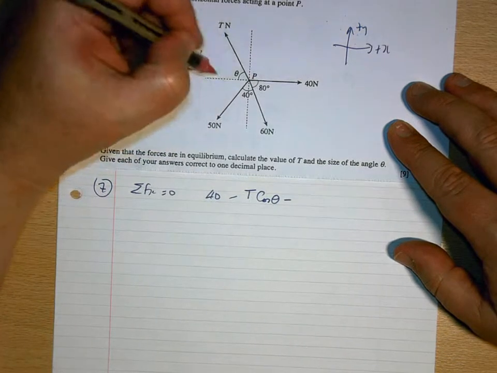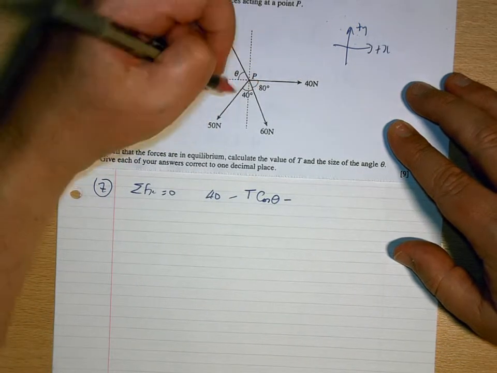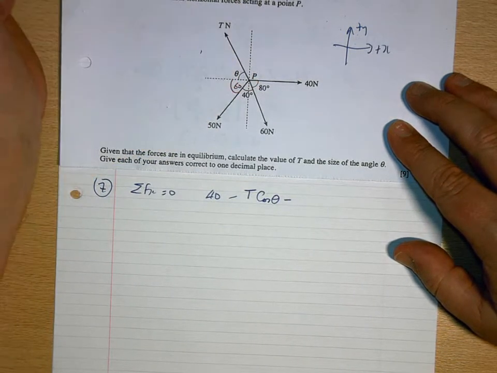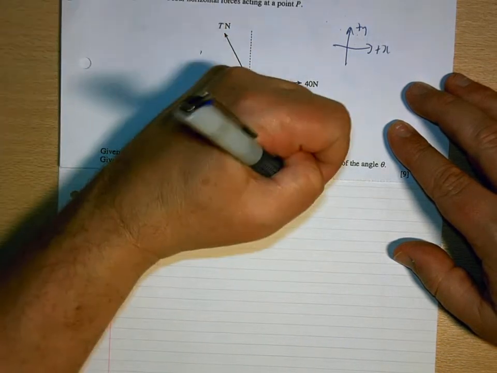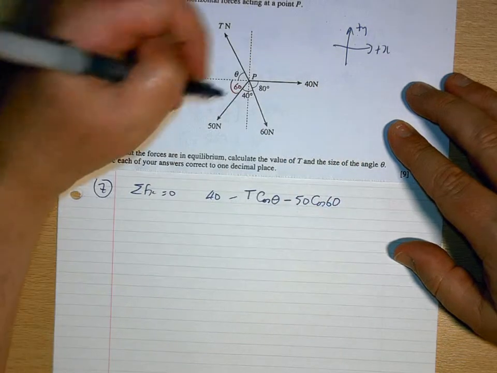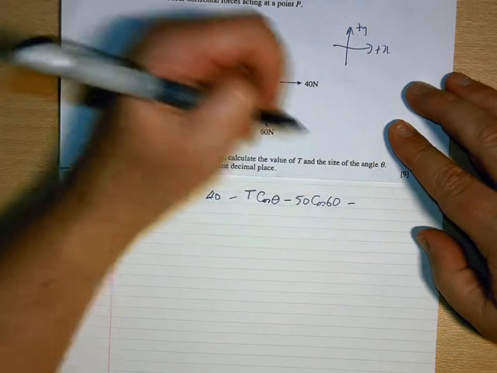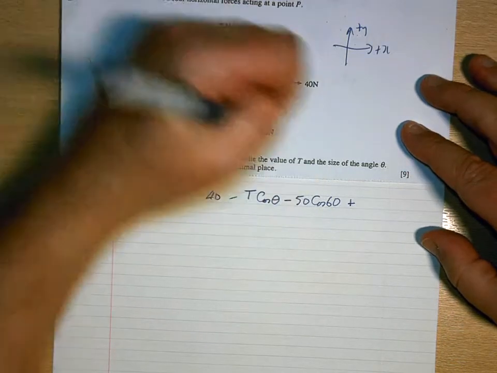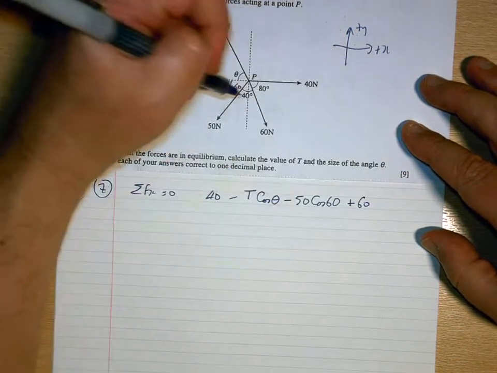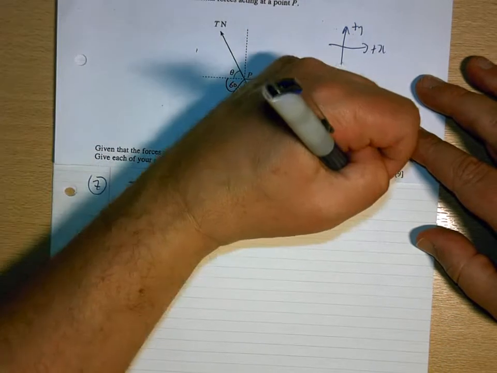That's 180. There's 80, 120. So that angle there is 60. So minus 50 cos 60 plus, this is pulling in the positive x direction, 60 cos 80